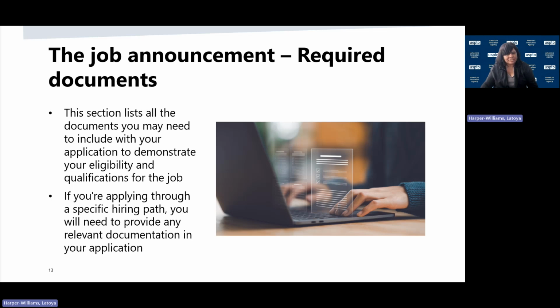If you're applying through a specific hiring path, you will need to provide any relevant documentation in your application. The necessary documentation for each respective hiring path will be listed in this section as well. If you are a veteran and have not applied through USAJOBS yet, please reach out to HireVets at uspto.gov. Again, that's HireVets at uspto.gov to learn about a non-competitive appointment under the Special Appointing Authority for Veterans. There's information in this section about veterans preference documentation, but I encourage you to reach out to that inbox first